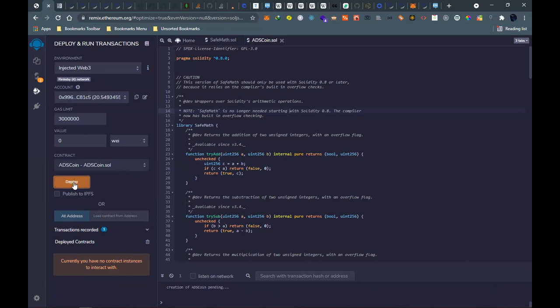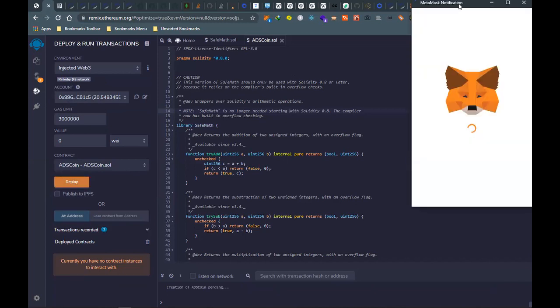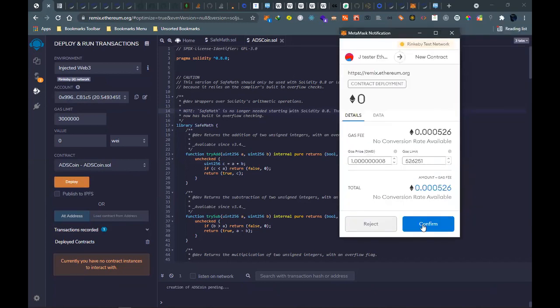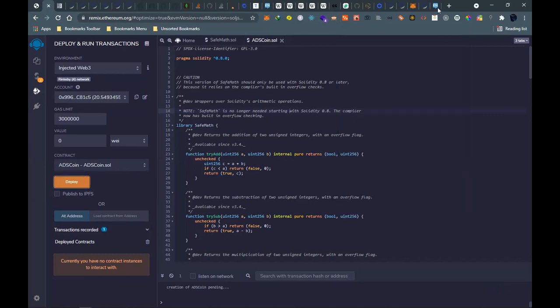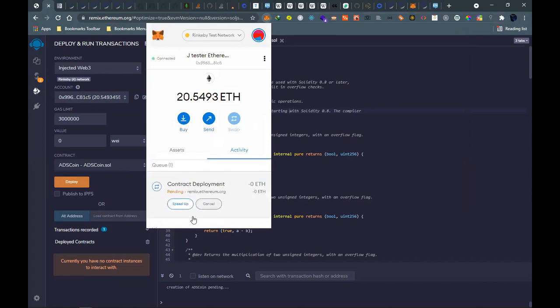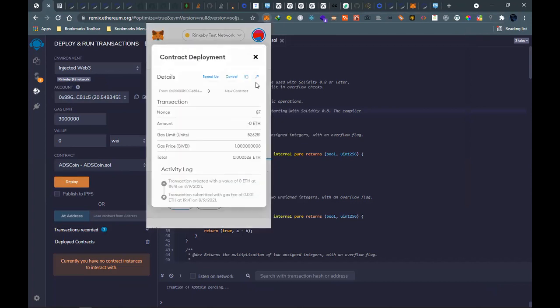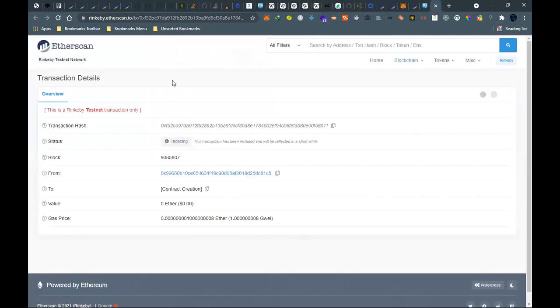So let me deploy. Then this time it should work. So in another network, we are rich. I've shared the contract link, and then I can send you some tokens.